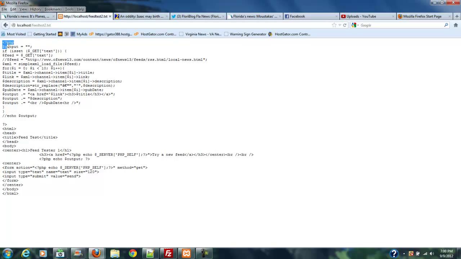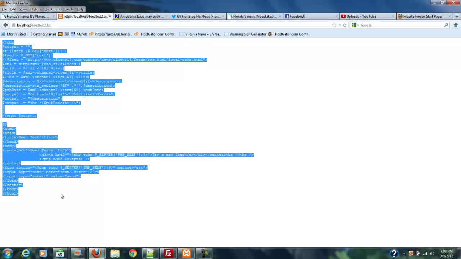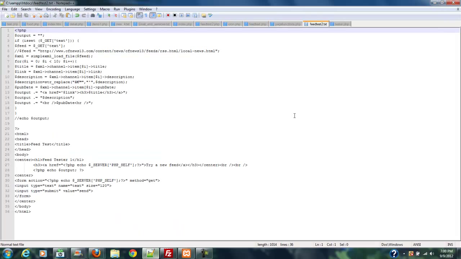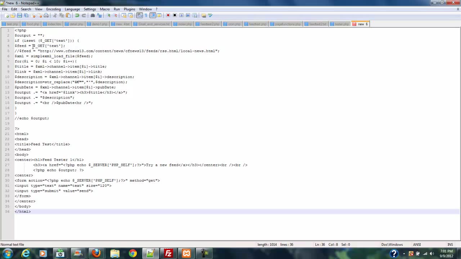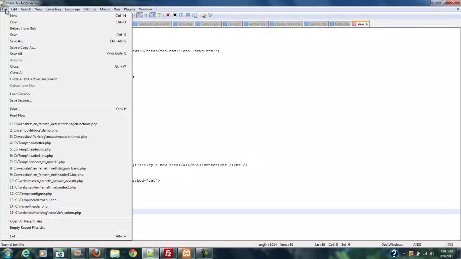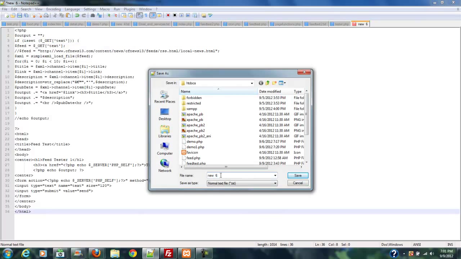What you need to do is either hit File or Edit, Select All, or just copy everything. Select all, right click and hit copy, or Ctrl+C, or whatever it is you do. Now open up your Notepad++ and create a new empty file with this button right here, and then just paste that into place. And then you want to save that as